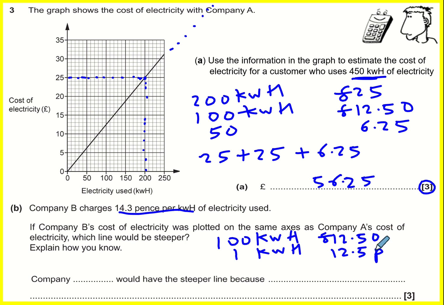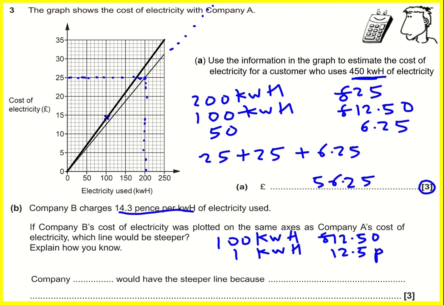So this one is cheaper, and you can see on the graph that's why at 100 it goes through 12.5. Company B would be up here, it would be 14, so it would be up here somewhere. It would look a bit like this. It's not perfect, but